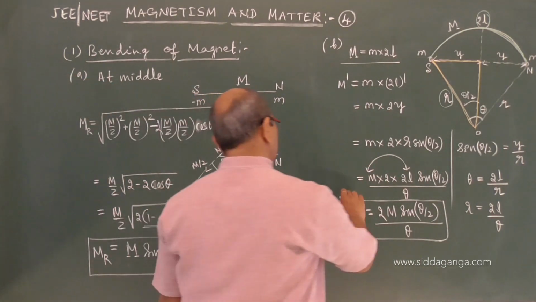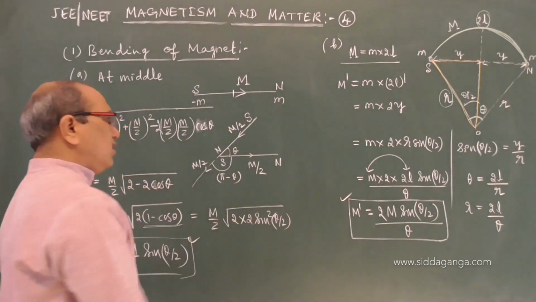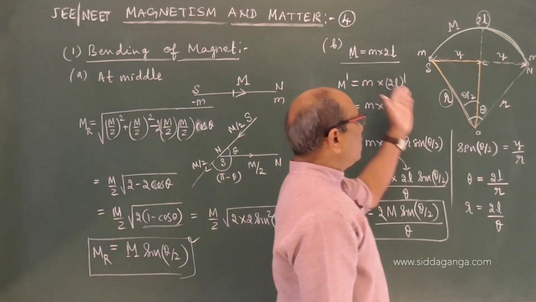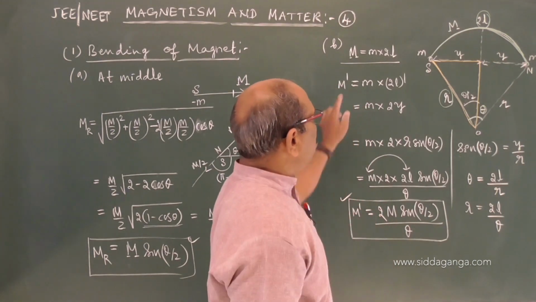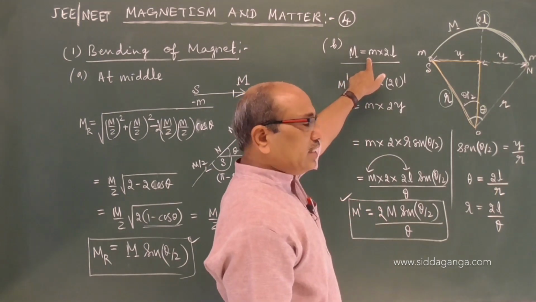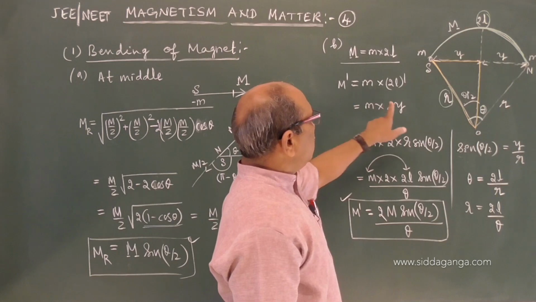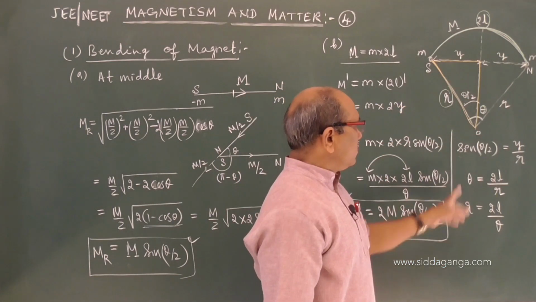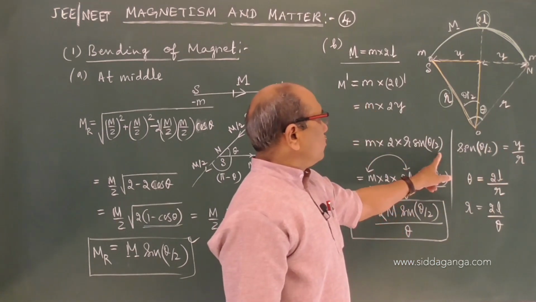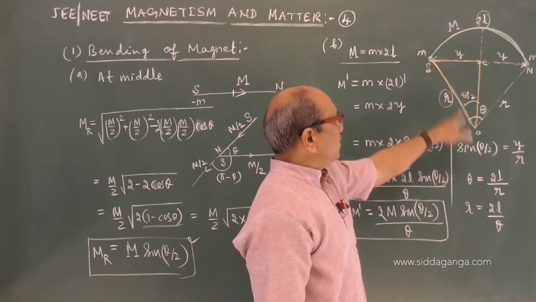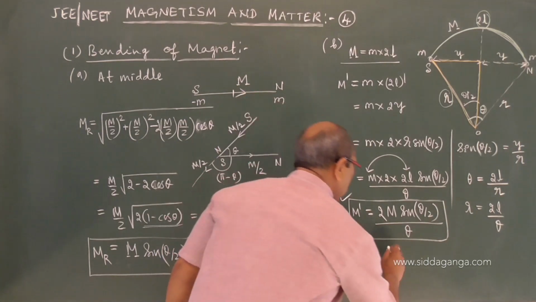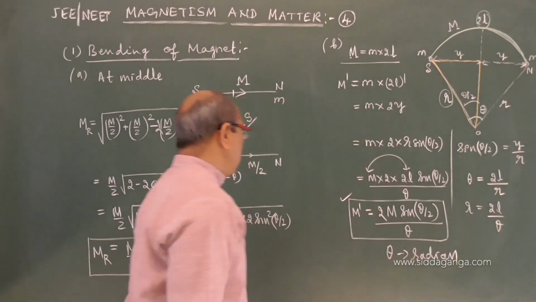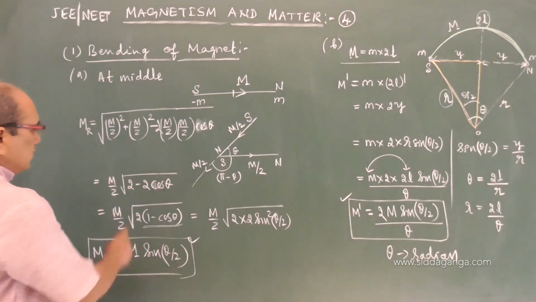This is also most important, and this is also required for entrance purpose. No derivation is necessary, but the formula, if possible, can be remembered, otherwise we can obtain it. I hope you have followed. Original moment is this. When it is bent, new length becomes 2y. 2y we substituted as r sin theta by 2, r substituted as arc length by radius, which is angle. But one thing you remember, theta must be in radian.